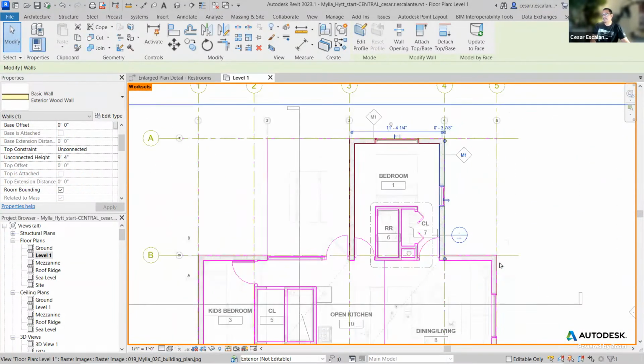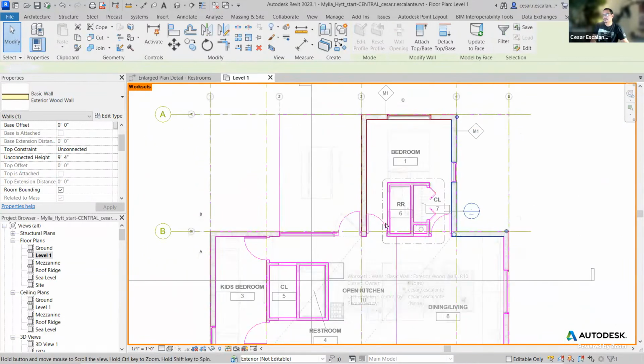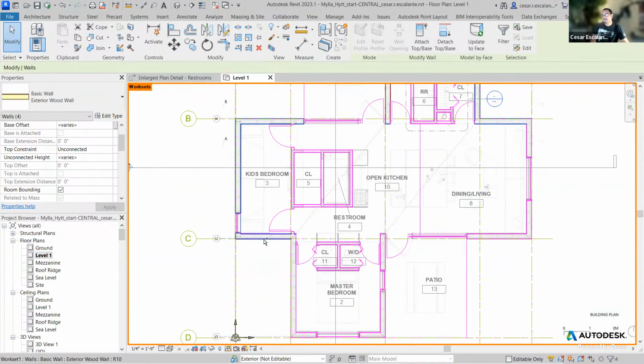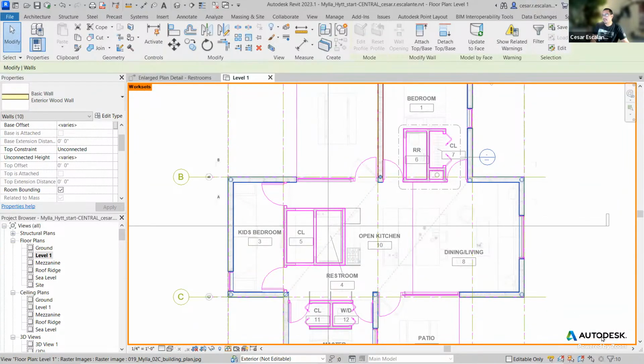And I can continue doing this. I'm just control selecting multiple objects for all the exterior walls. And then you can change it in bulk. I have 10 elements selected on the screen. And in a single operation, I